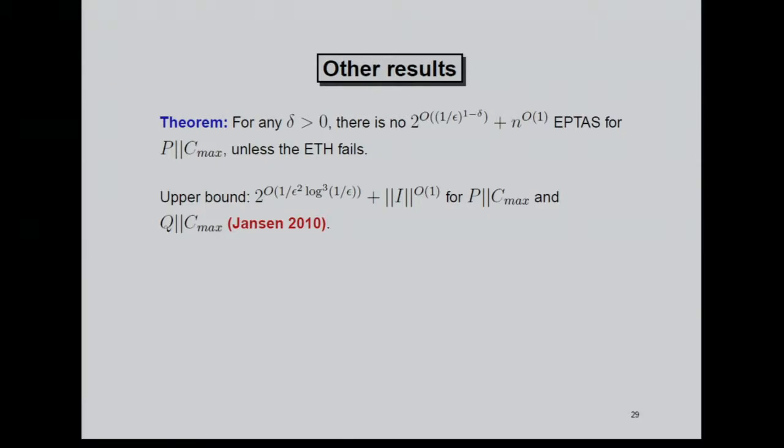The last thing is we worked also on the scheduling problem on identical machines. In the SODA paper with Lin and Gochang, we proved the lower bound like this here. For any delta, you get that as a lower bound. That means that it comes very close to little o of 1 over epsilon. And there's an upper bound, what I proved some years ago, for identical and uniform machines, where we have 1 over epsilon square inside.